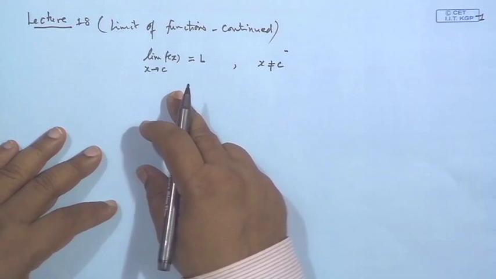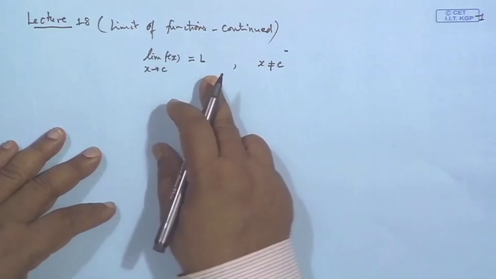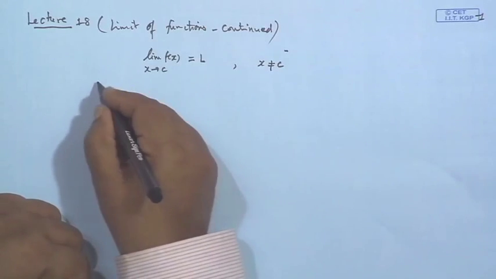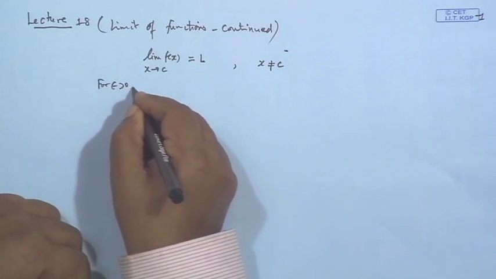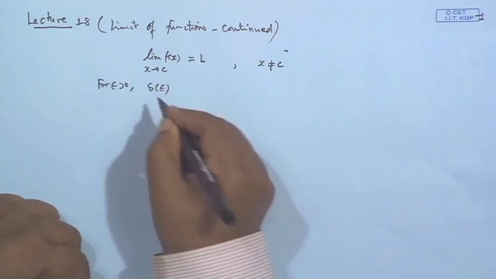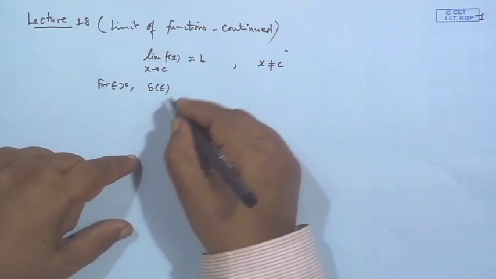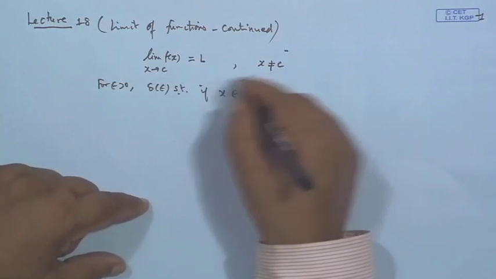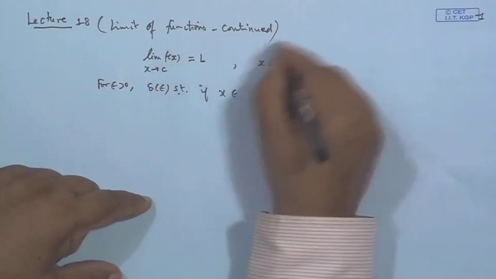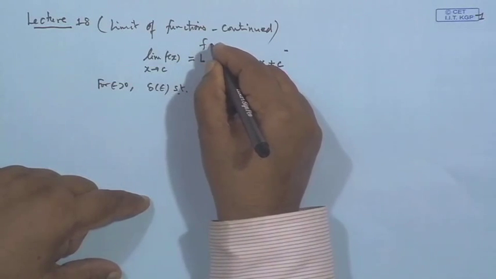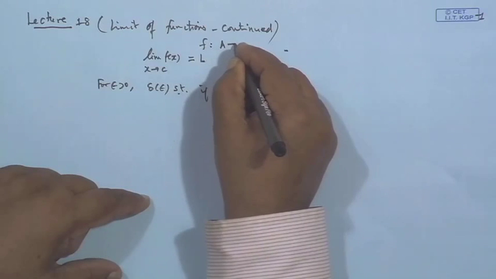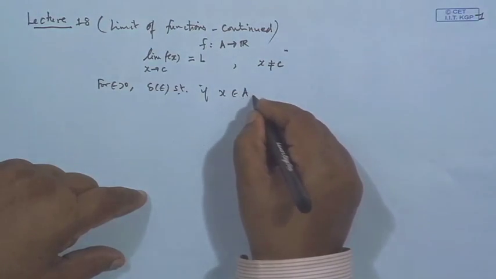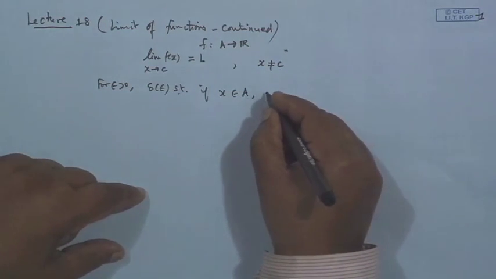The meaning of this is that for every given epsilon greater than 0, there exists a delta, which will depend on epsilon, such that if x belongs to the set A, where A is any set and f is a mapping from A to R, and x is not equal to c,